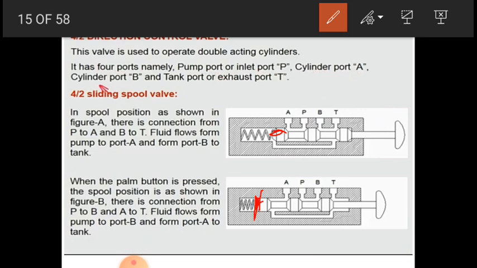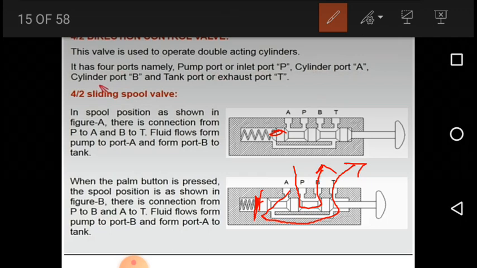So now there is an opening between A to T, so oil can move from A to T in this way. Again, there is an opening for the pump, from port P.